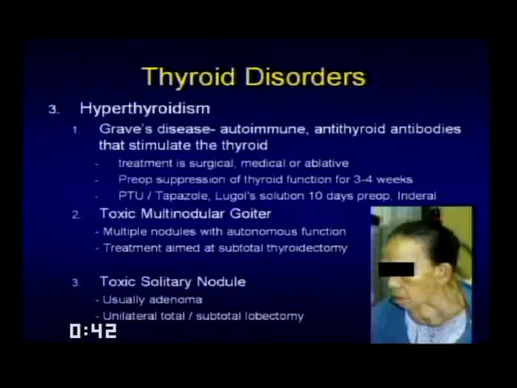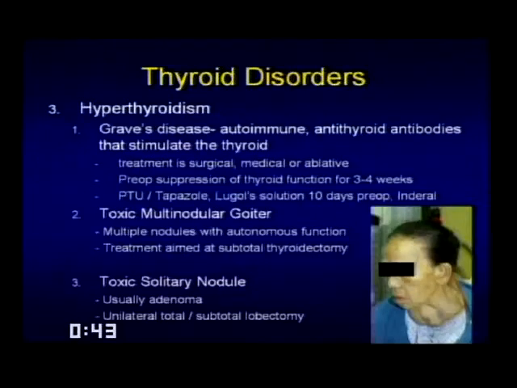Graves' disease is characterized by an enlarged thyroid gland. The other things that you may remember are exophthalmos, the tachycardia, and the tremor as a baseline. The other more common problem that can cause hyperthyroidism that we will frequently be involved in is toxic multinodular goiter or a toxic solitary nodule. The woman in the picture down here in the corner has a toxic multinodular goiter, which presents with multiple